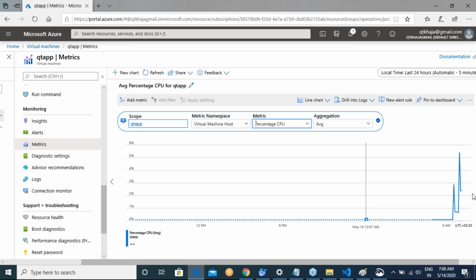Okay, so we are seeing percentage CPU, and now I'll try to tell it that whenever percentage CPU is greater than a certain value, I want to send an email to my admin team. Metric is basically where you have data, and once you have this data, you can raise alerts, which means you can send a notification to your admin team or your dev team when something is improper. That is very simple.